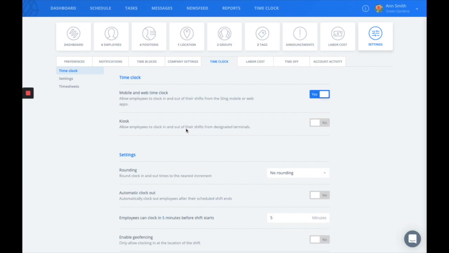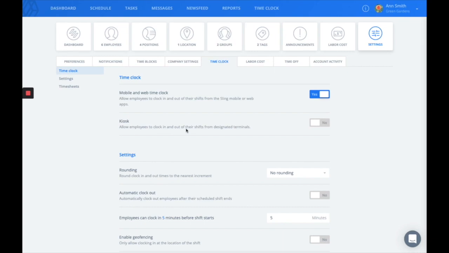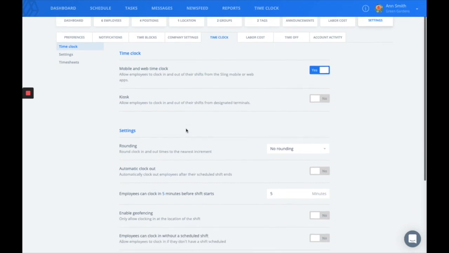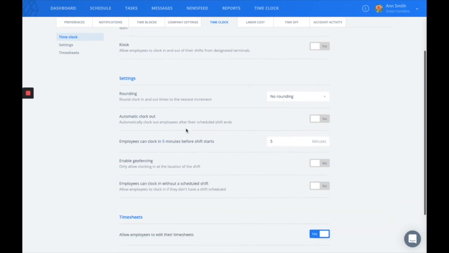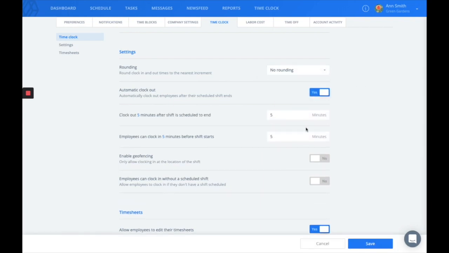With the kiosk sessions, each user would need a time clock pin that can be entered or randomly generated in their profiles that they would use to clock in and out with. You'll also see settings that you can customize according to your company. These include rounding the clock in and out times to the nearest increment of 5, 10, or 15, automatically clocking employees out when their shift is over, or setting a number of minutes after the shift has ended that they'd be automatically clocked out,